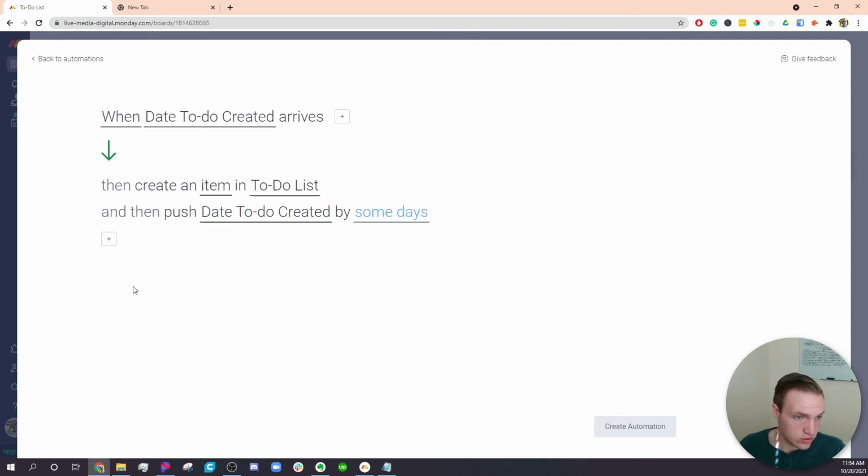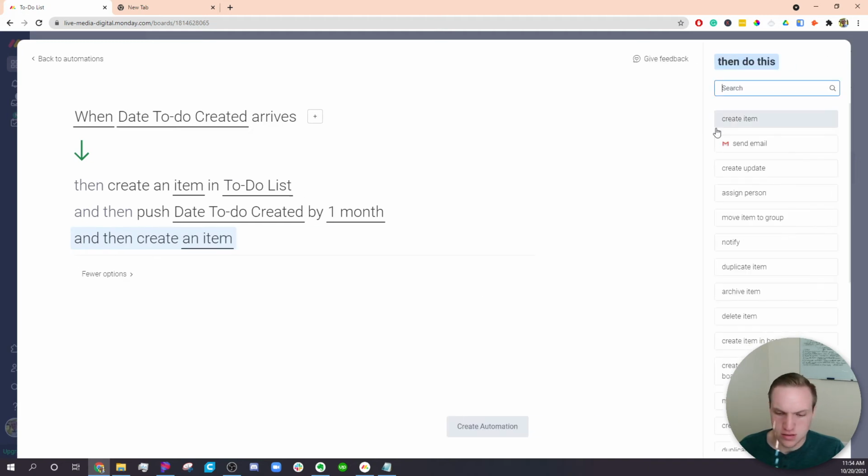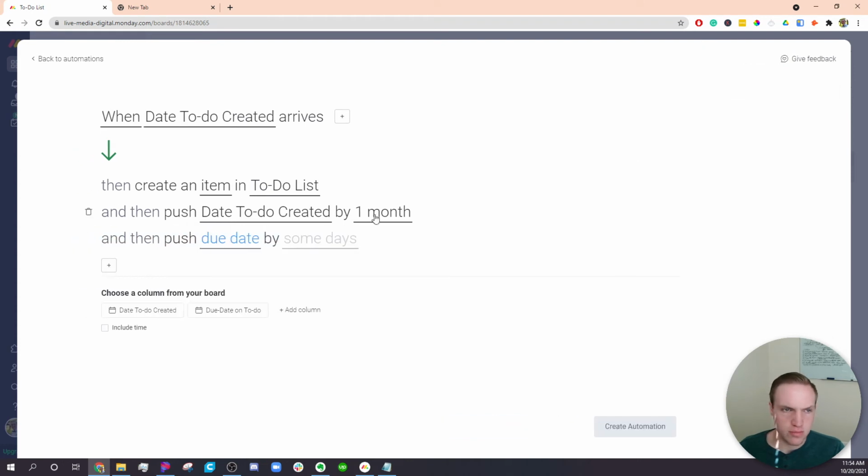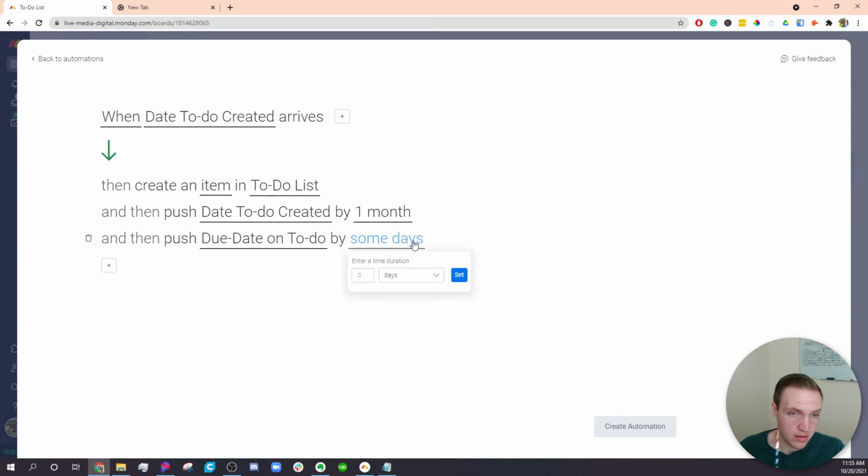So the date to-do created, I need to push that by some days. So I'm going to put 30 days, or I suppose I can switch over to month. So 1 month. And then I want to push the date of the due date on to-do by 1 month